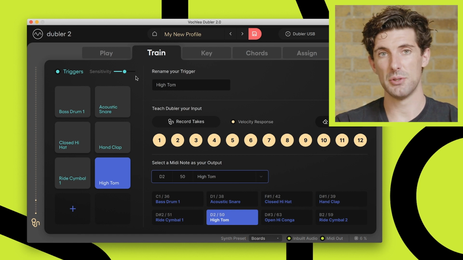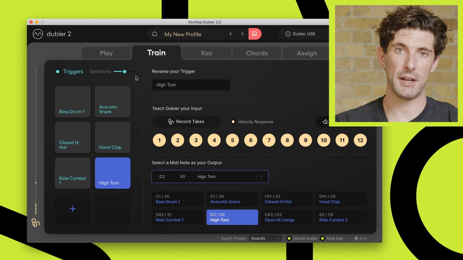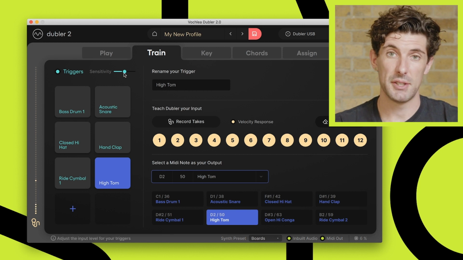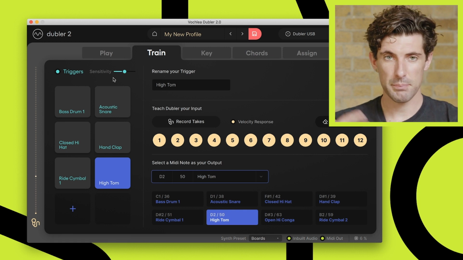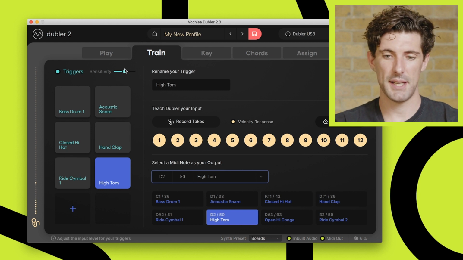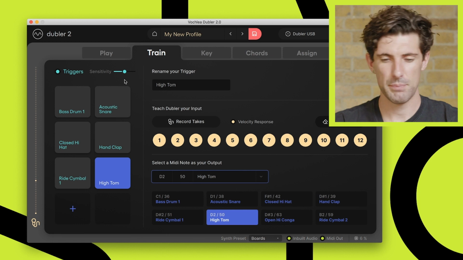Could be susceptible to doing double triggering or picking up background sounds that you don't want, but does allow you to do very quick different flurries of beatboxing sounds. Or I could turn the sensitivity right down. Better for a live environment, but you have to make sure that you're quite loud into the microphone. It comes set at a kind of reasonable middle ground. Mess around with that depending on the environment that you're in.